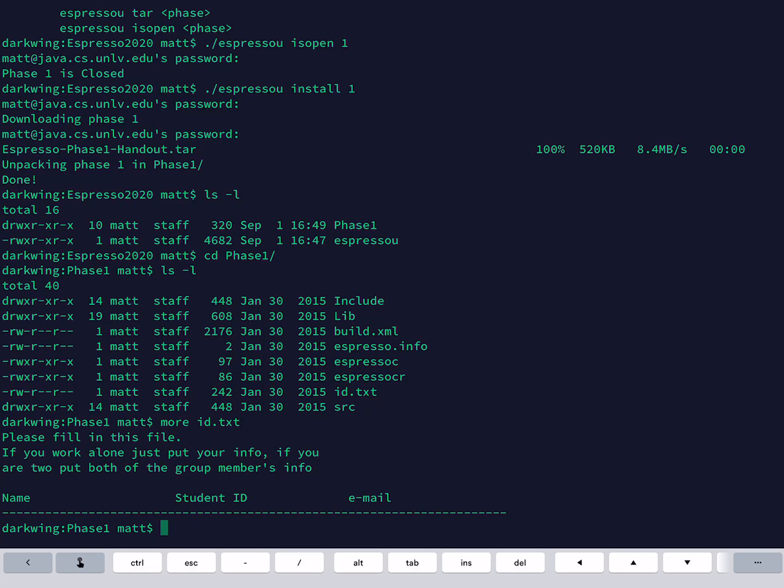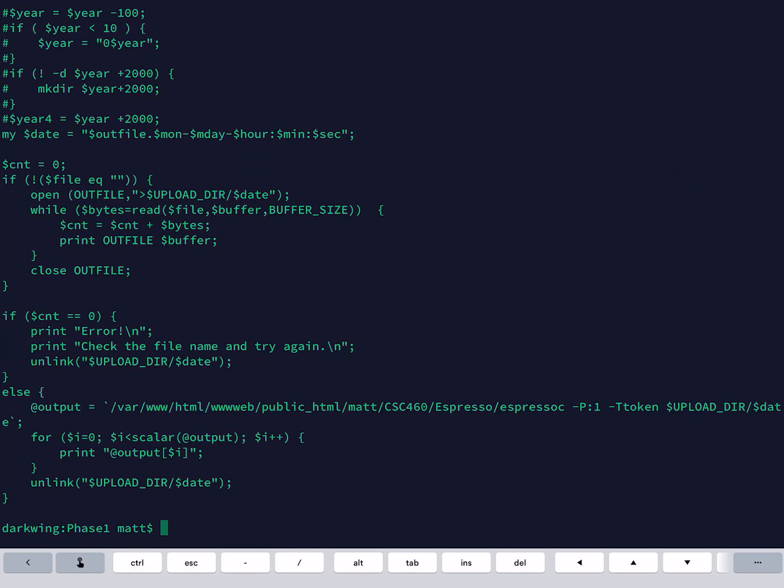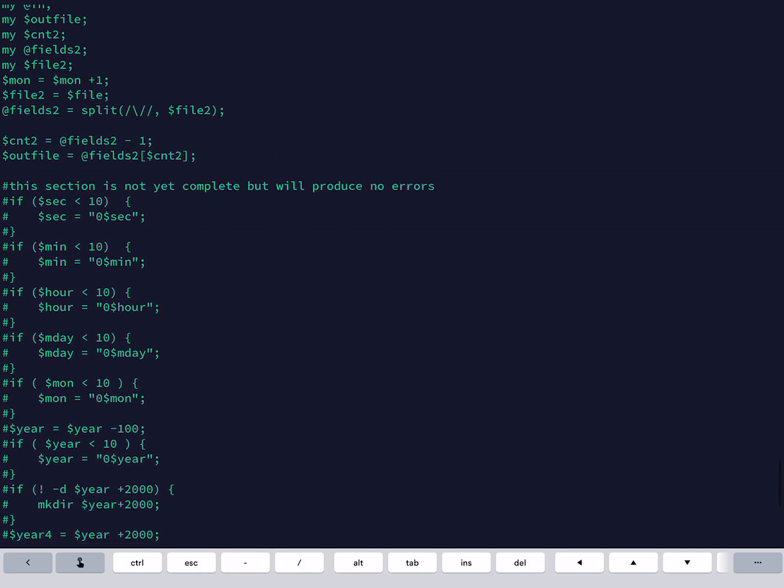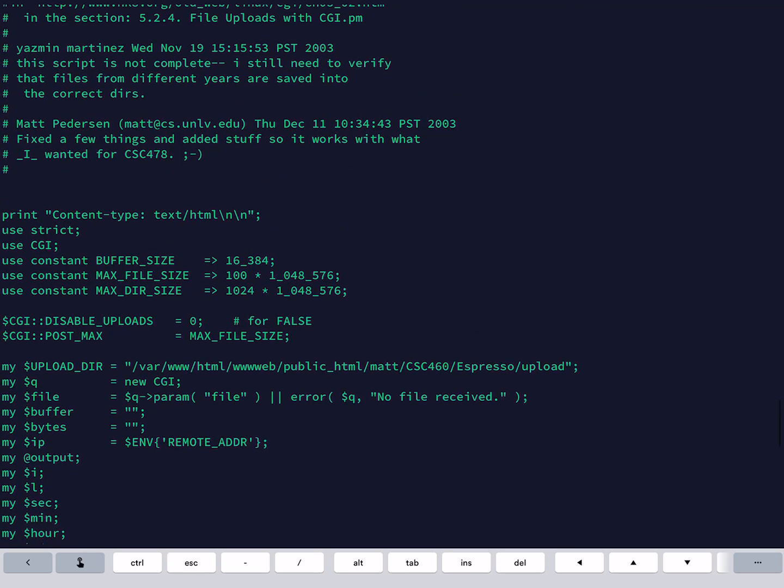If you want to run my compiler, Espresso CR, and of course you have to give it something to. That wasn't supposed to happen. No, why did it do that? It gave me back the Perl script.